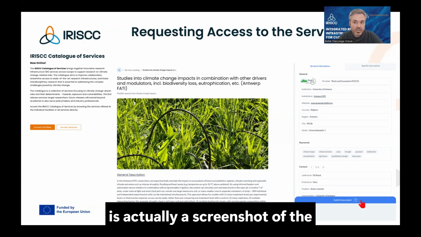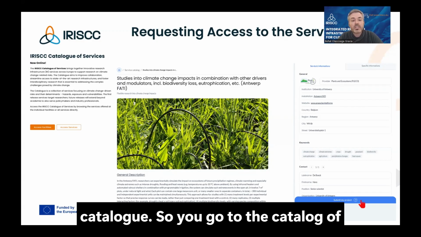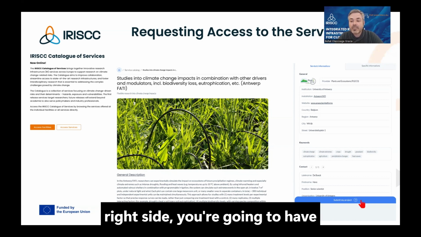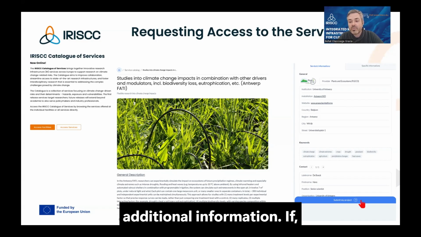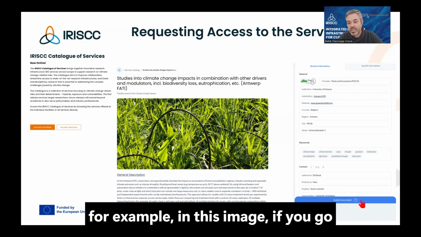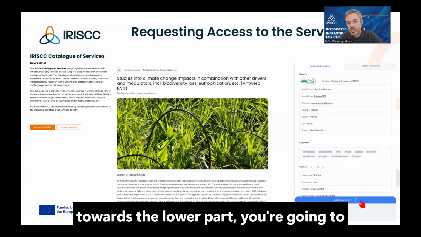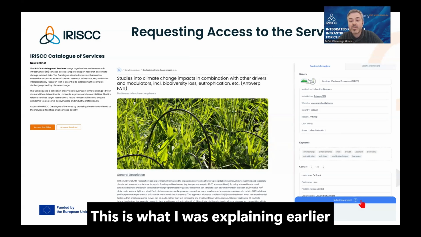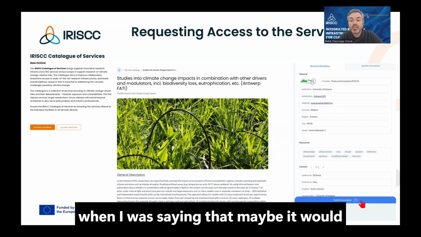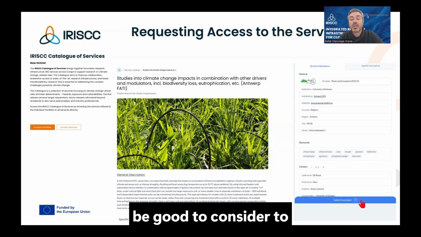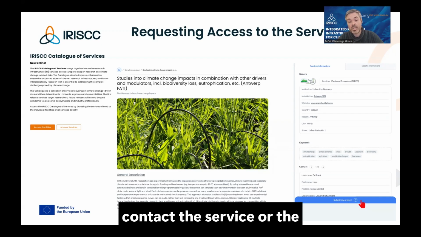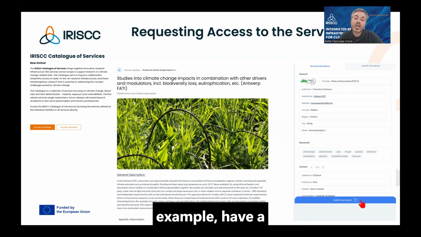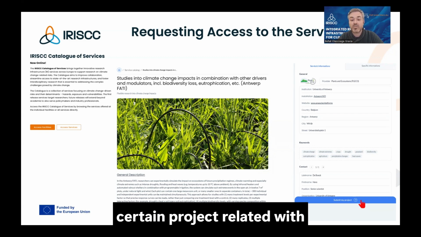This is actually a screenshot of the catalog. So you go to the catalog of services, you are interested, for example, in this service, and at the right-hand side, you're going to have additional information. If you go towards the lower part, you're going to see that you have contact information. This is what I was explaining earlier when I was saying that maybe it would be good to